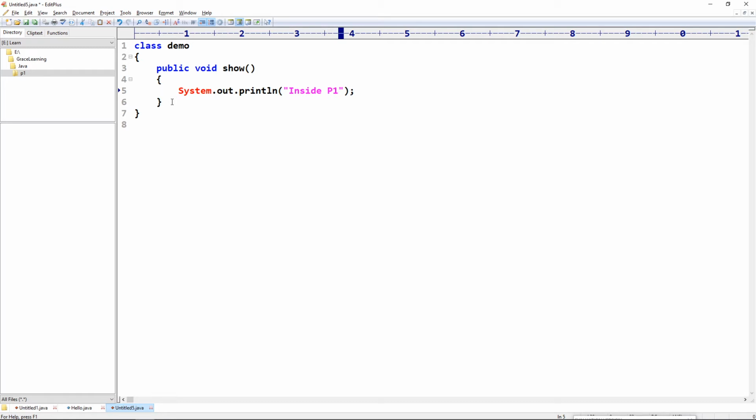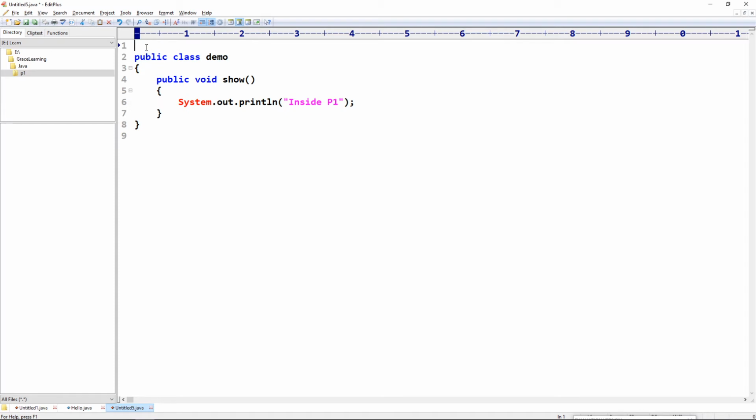Inside p1, so it will print inside the p1. I am declaring this class as public. Okay, to make this class a package, at the top we will mention package, then name of the package.